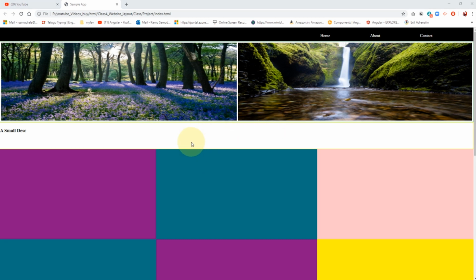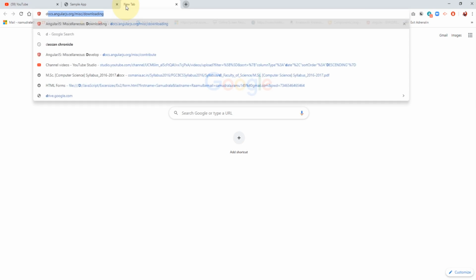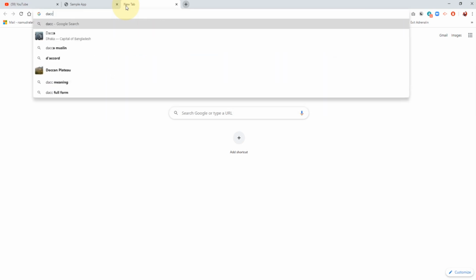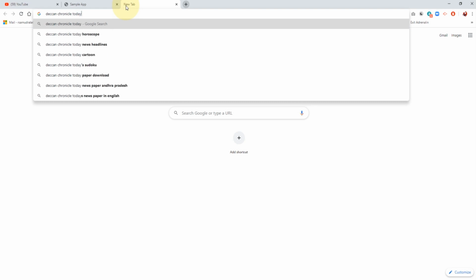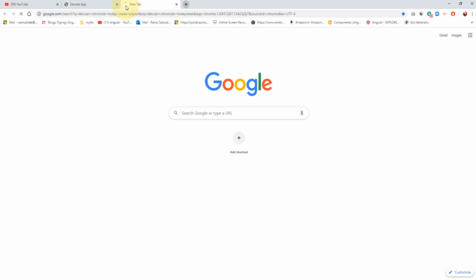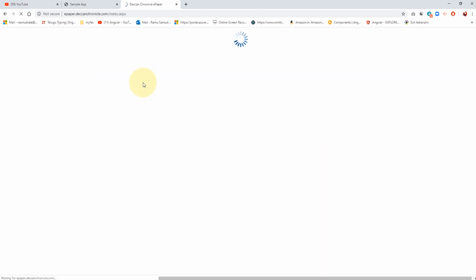So guys, next step we have to fill this description block with valid content. So for that I'm going to take some description from the Chronicle page, Deccan Chronicle. Today news, okay.